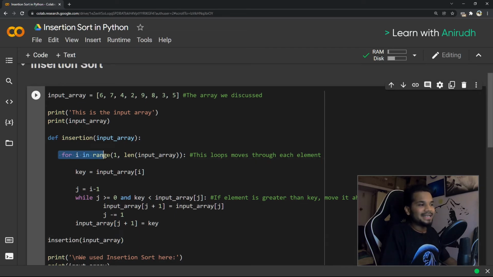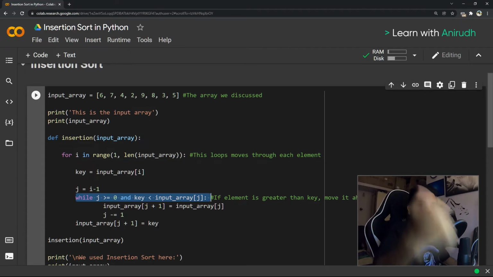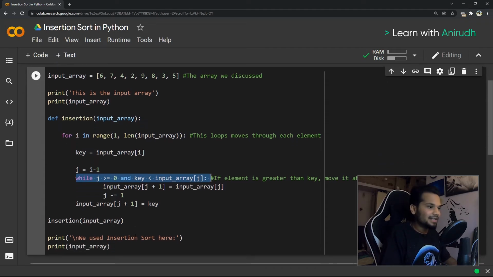The for loop will basically take us from the first element to the last element. The while loop, the j loop that we have, will help us make the comparison. If the comparison is as per what we want, just swap the element and eventually move to the next element. The for loop will take you from left to right. The while loop will help you understand which element to compare and what to compare it with. And if your comparison is correct, give it a simple swap.